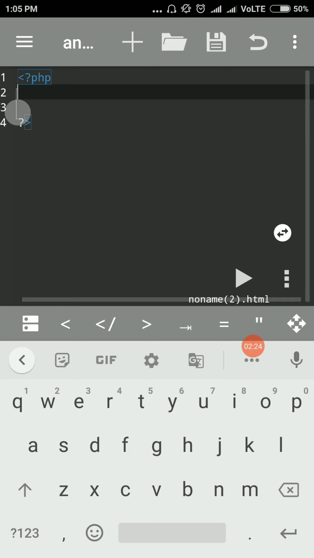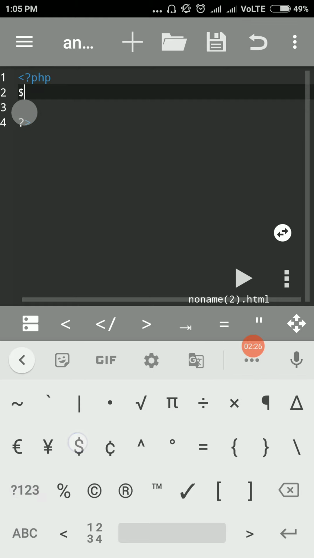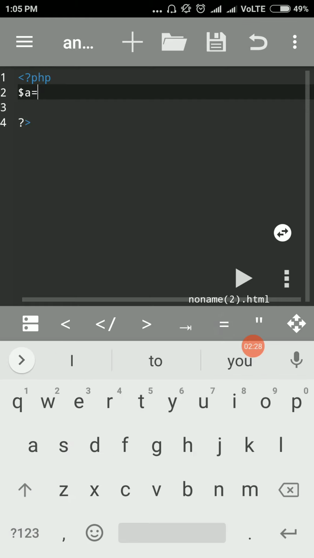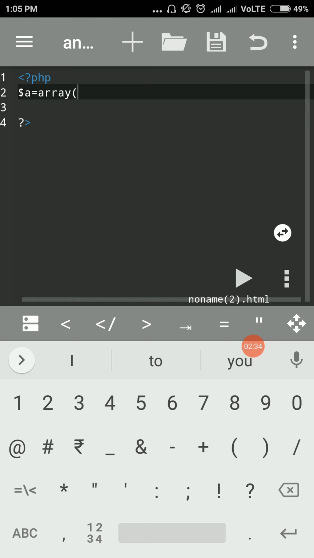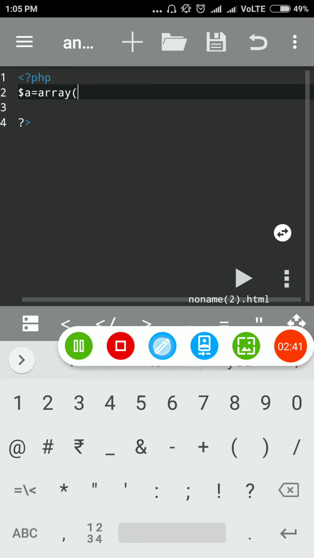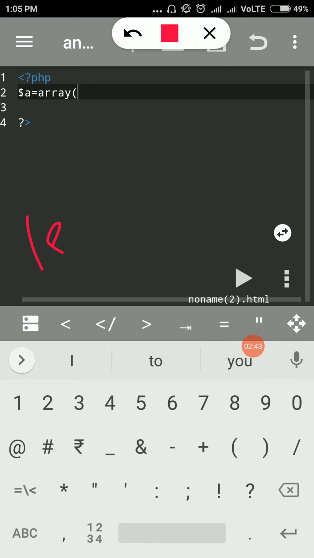Here we take the dollar mark a equal to, we create the array, we take the array keyword inside. Every time in an associative array we take the key value pair. Always in an associative array we have to take the key value combination.